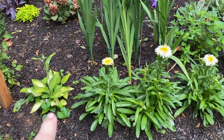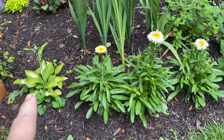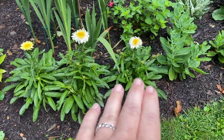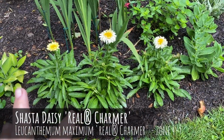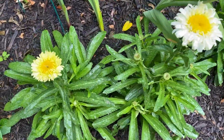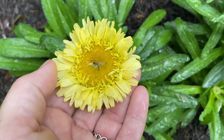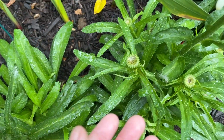I have a hosta here. I think this gets too much sun, so we'll move that one into a shadier location. These are the Real Charmer Shasta Daisies, and they have a really interesting form. First of all, when they first open, they're yellow centers with yellow blooms. Then as they mature,